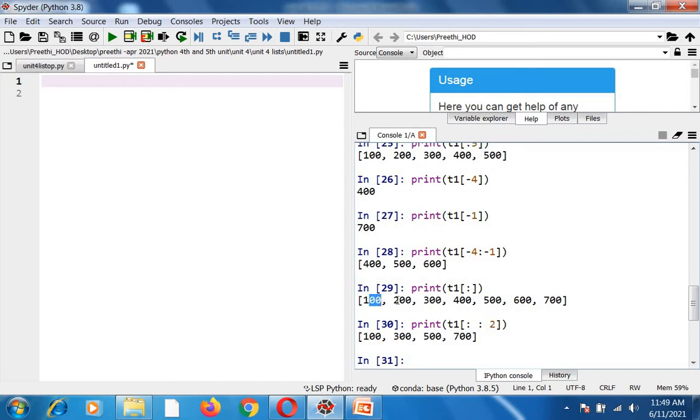So it will print 100, skip 200, go to 300 and print it, skip 400, print 500, skip 600, print 700. So the last value in your slicing operator represents the step. By default it will be 1. If you are not mentioning it, it will take the value as 1. If you mention 2, it will increment by 2 and print those values. Is it okay?